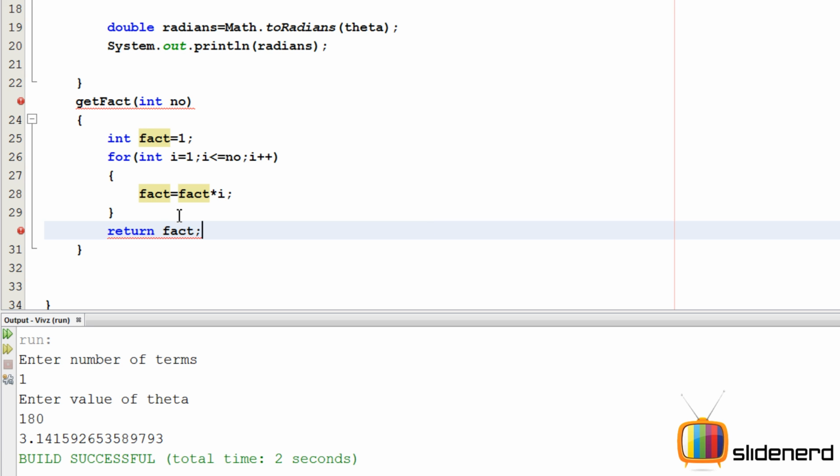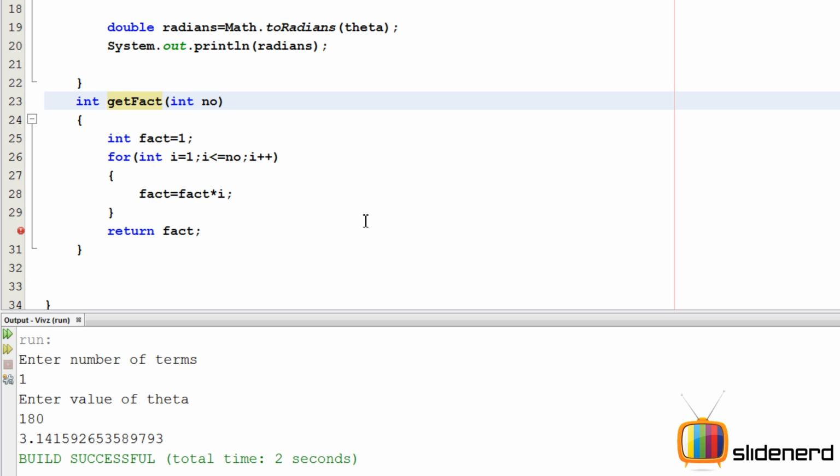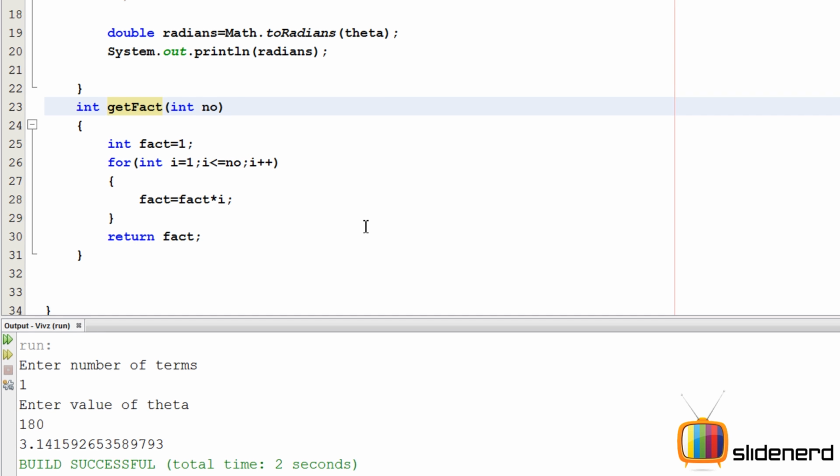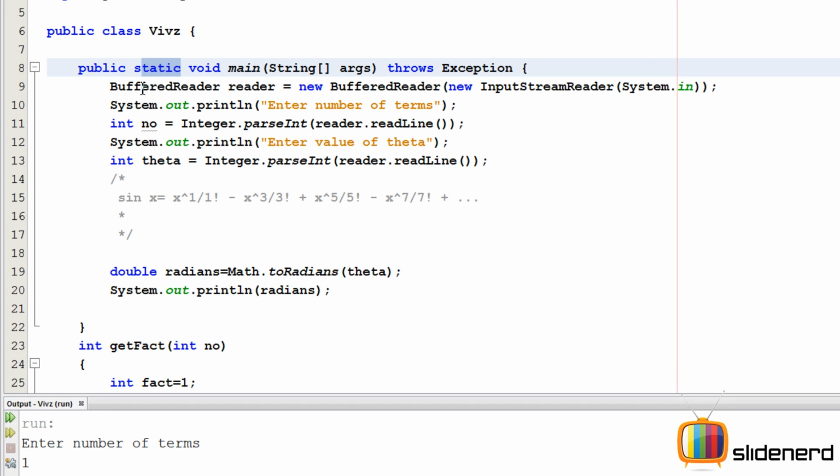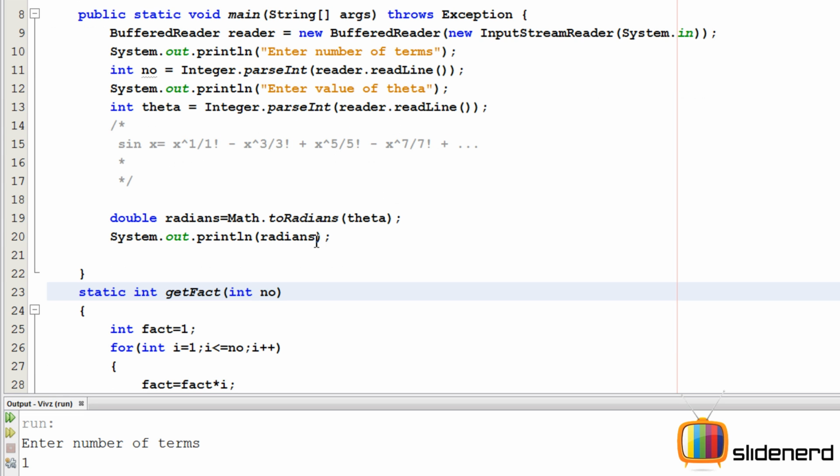And now, as you see, since he's returning something, you have to specify what type he is returning. You have to say int over here, and that does the trick. All right. Now another thing to notice is this is static over here, and we need to make sure that our assistant is also static so that our boss can directly call our assistant. If you don't know what static means, don't worry much about it. When we talk about object oriented stuff, at that time we'll go into the details of what static is actually.